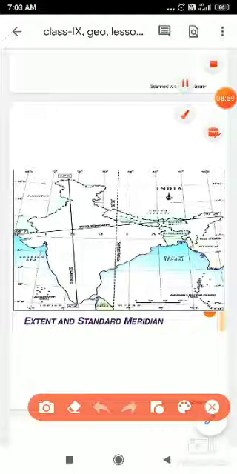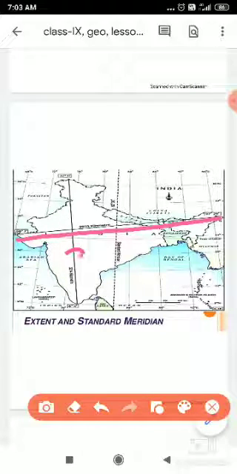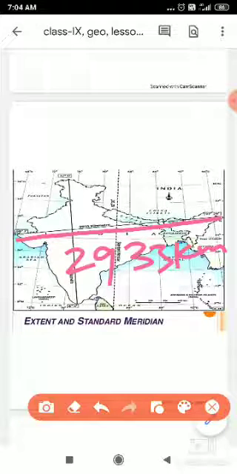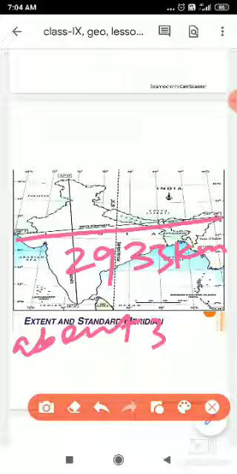But in kilometer we have 3000, or rather this extent is 2933 kilometer. Why does this happen? As you go through, the difference between latitude and longitude is the same, about 30 degree. About 30 degree, but in actual distance in north-south we have 3214 kilometer, while the eastward extent is 2933 kilometer